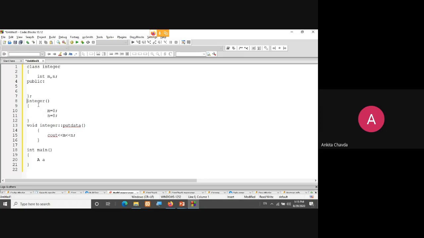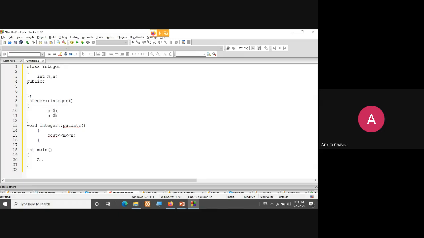I just have to put my class name in front of my constructor name, though the class name and the constructor name are both the same, always. So I write Integer, then scope resolution operator, and then this is my constructor name. Whenever I'm not passing any arguments, this is known as a no argument constructor, or you can say default constructor.